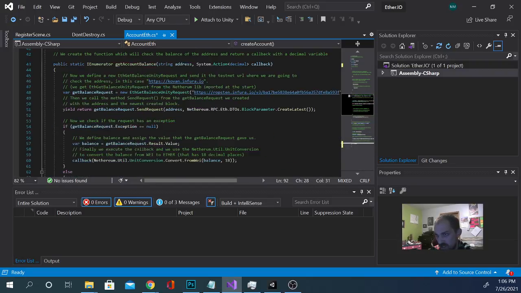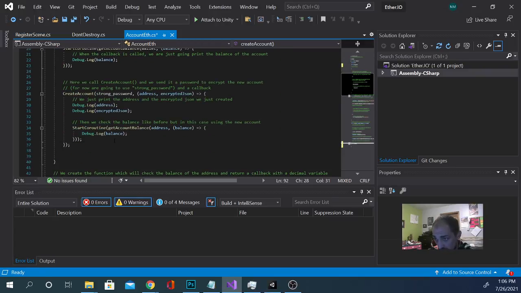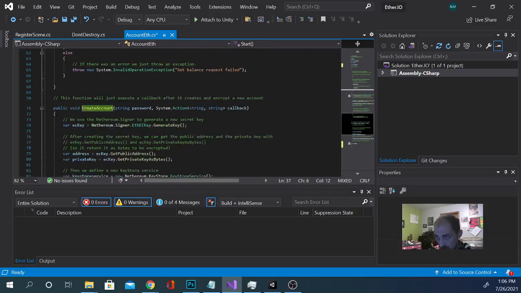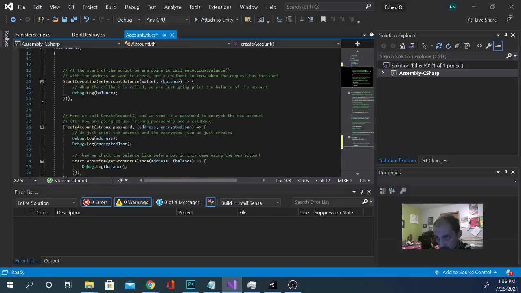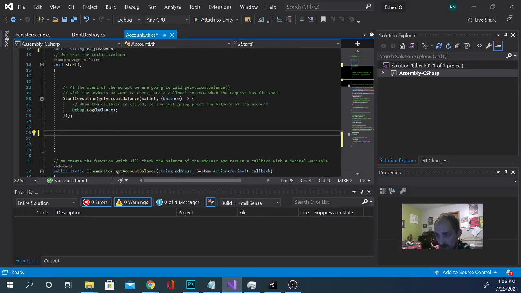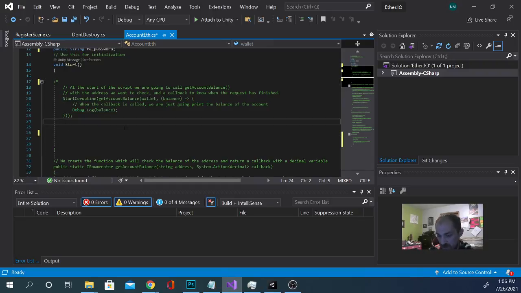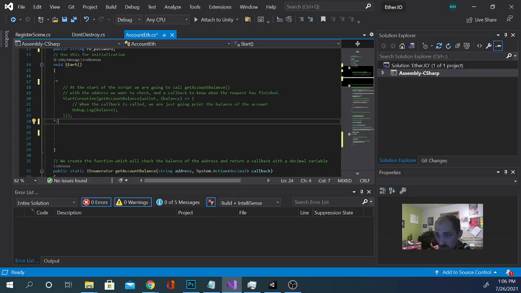It's just going to create an account, and in here we want to call our create account method. We can actually remove this from here now, and we don't want to get a balance just yet. We'll use this later. So we're not doing that in on start. What we're gonna do is